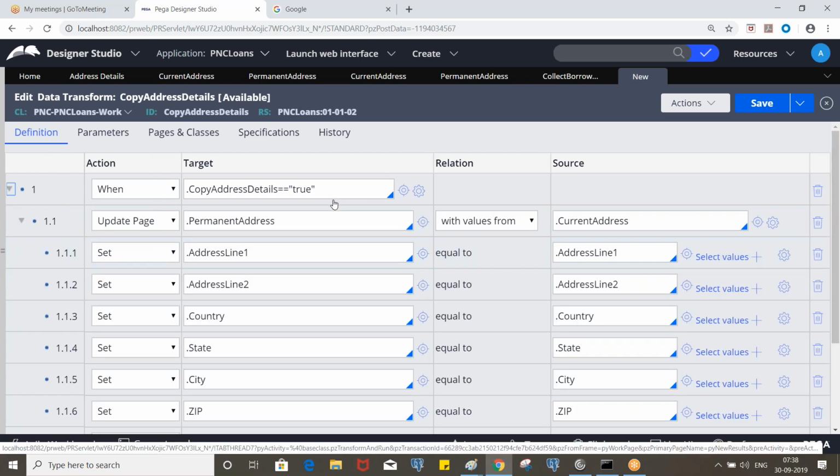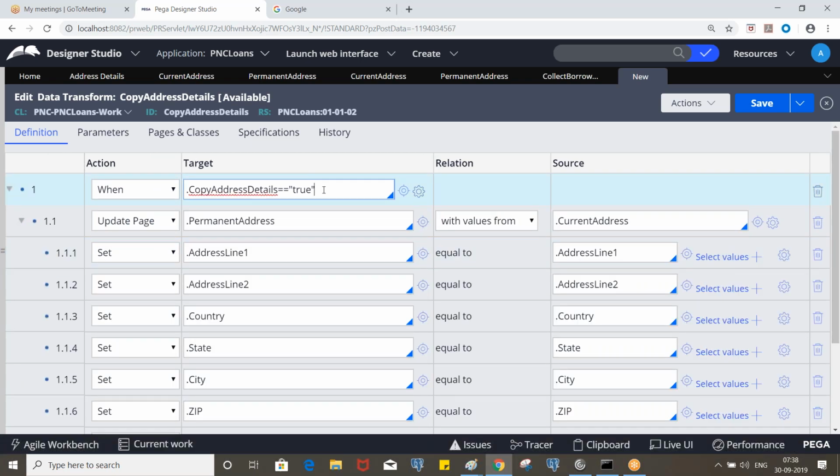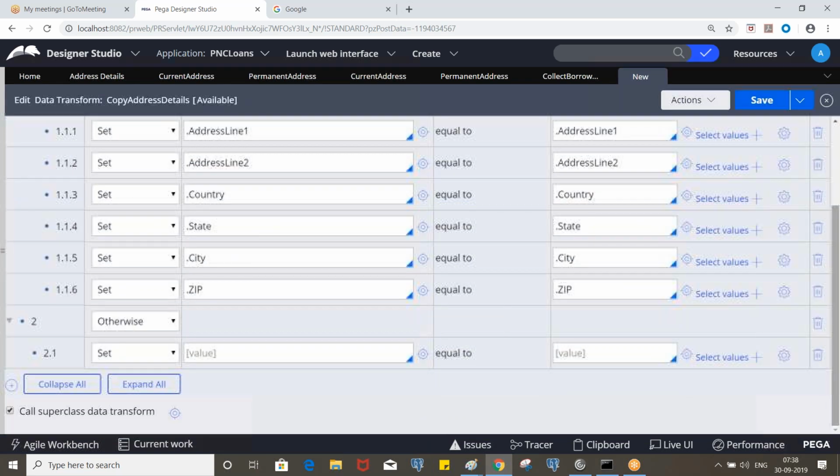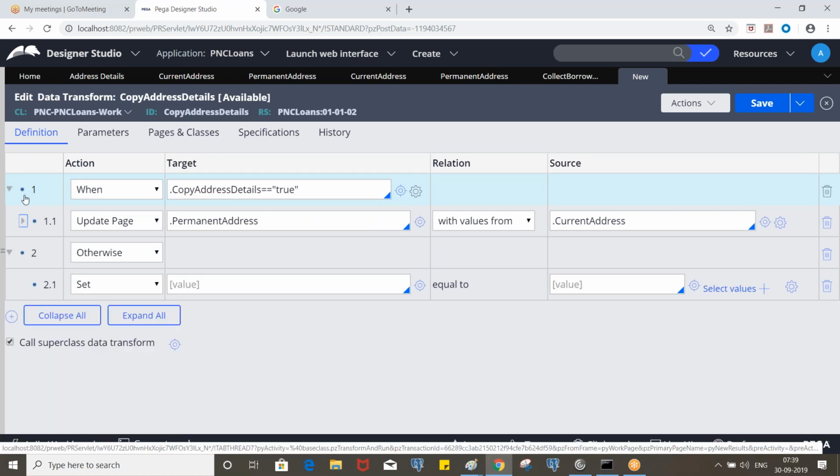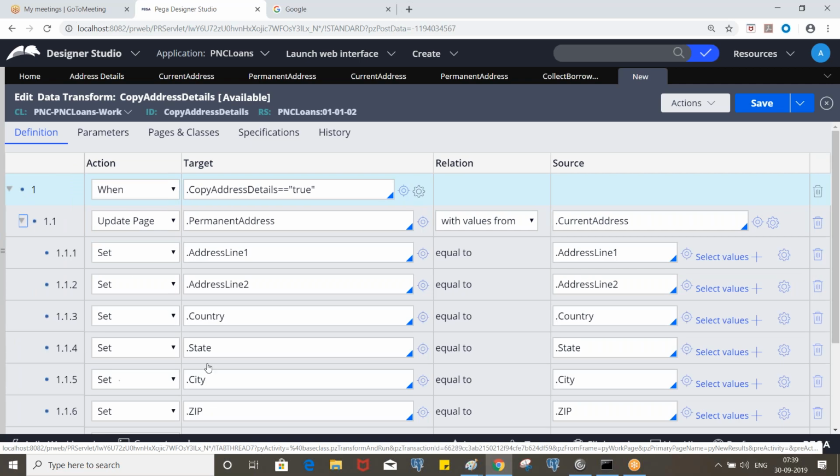If this condition is not satisfied, it will come directly to the second step. These are all sub steps, 1, 1.1. If this is not satisfied, it will not execute 1.1, so this whole step will not be executed, even all these set actions.